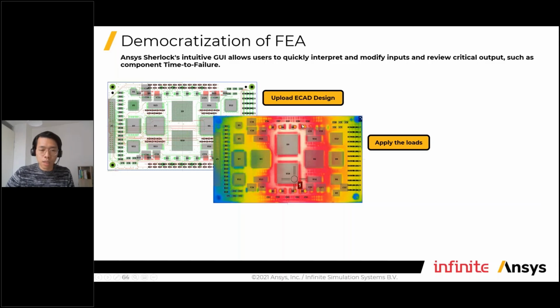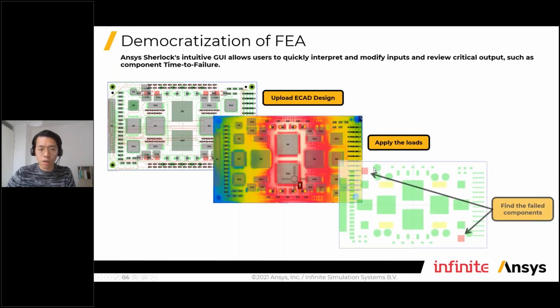And then the next stage becomes super easy because you just apply the loads, and the loads we're talking about are the real-life loads. For instance, what is the random vibration profile, and when I say profile, I mean the spectrum that your board is going to experience. What are the stages during the shipping process? What are the stages during the inventory process, and also even the manufacturing process, and then eventually define the usage process. So it really covers the entire product lifetime of the loads.